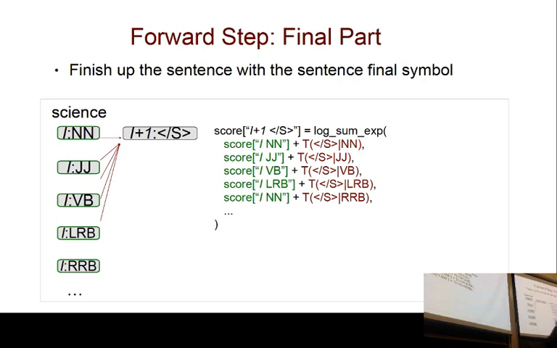So again, now the score of the last token having been generated from an end of sentence will be again the log sum exp over all the paths that we could take to reach the final state. Okay? Yes. So I'm having some trouble understanding how this is different from